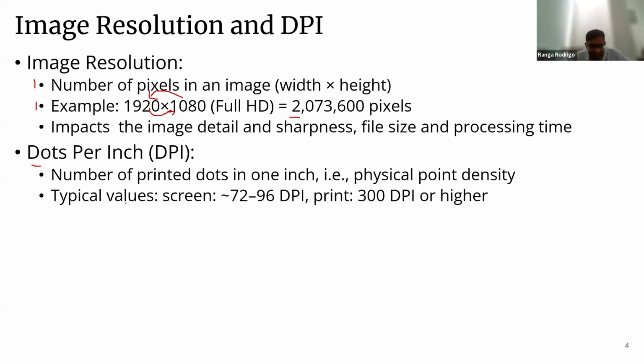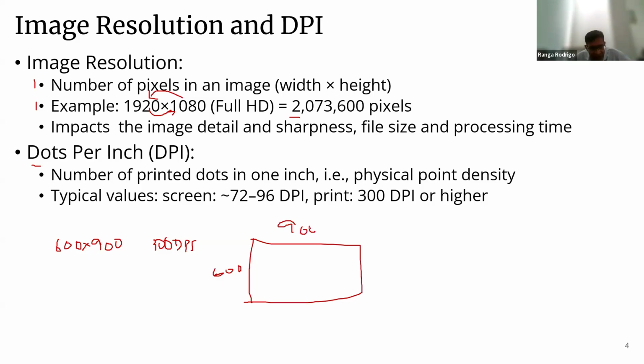So let's do a small computation. Let's say that you have a 600 by 900 image. If you print this at 300 dpi, what would be the size? 300 dots per inch. In the vertical direction, there are 600 rows. In the horizontal, there are 900 columns. So we need 300 pixels per inch. So that will result in a print of 2 inches high and 3 inches wide